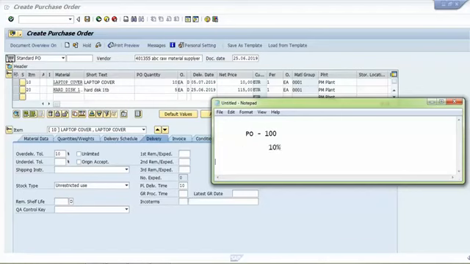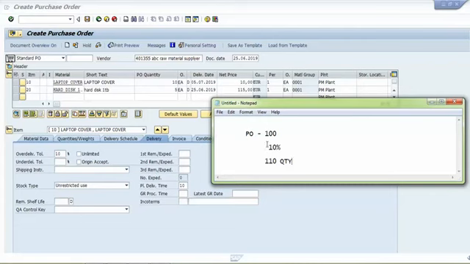Now at the time of taking goods receipt, the system will accept the quantity up to 110. Why? Because we have mentioned 10% as our over delivery tolerance. As against over delivery tolerance, there is a field for under delivery tolerance.